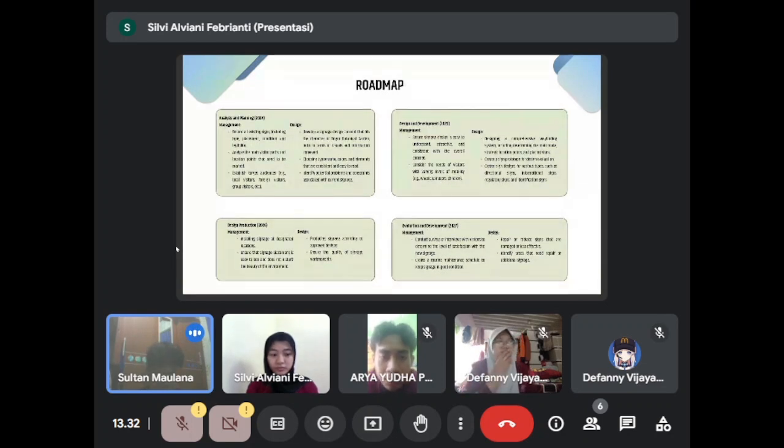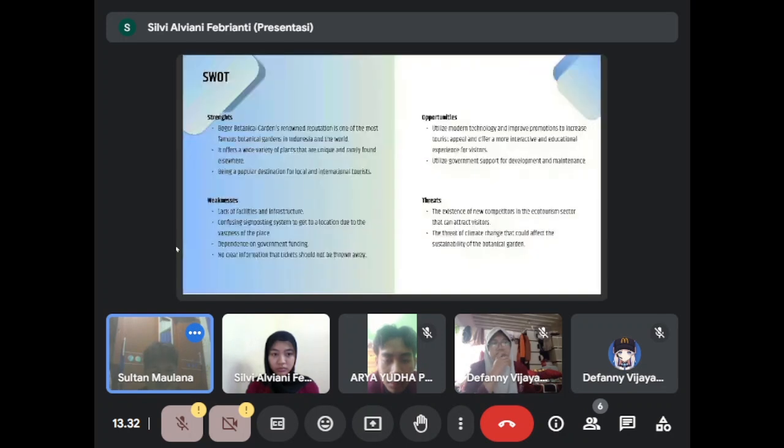And this is for the roadmap. Okay. Next. And this is for the SWOT analysis. Strength: Bogor Botanical Garden has a renowned reputation, is one of the most famous botanical gardens in Indonesia and in the world, and offers a wide variety of plants that are unique and rarely found elsewhere,